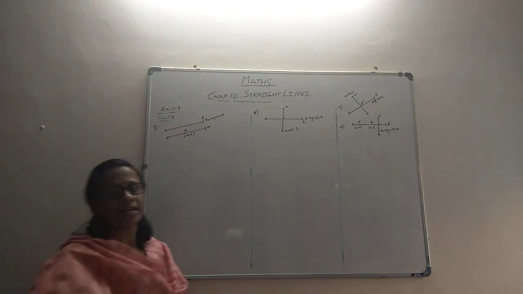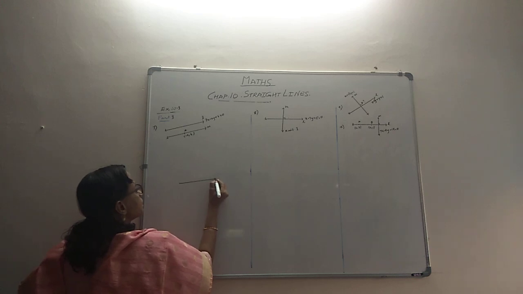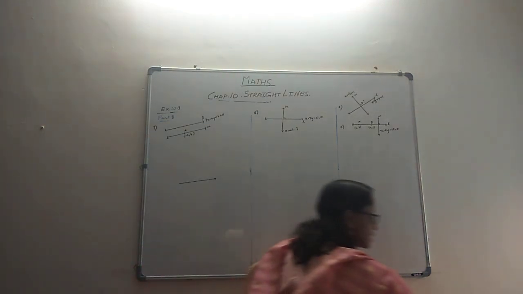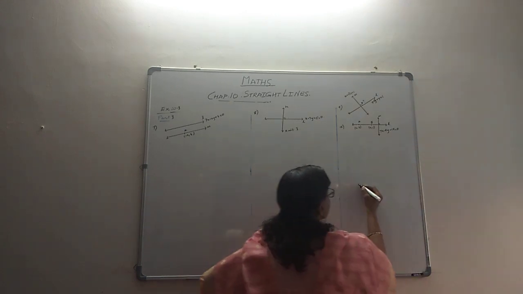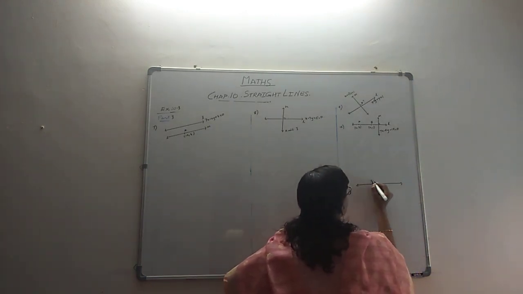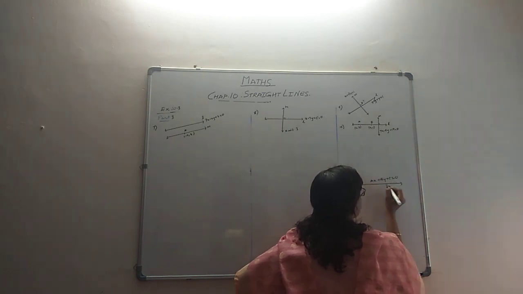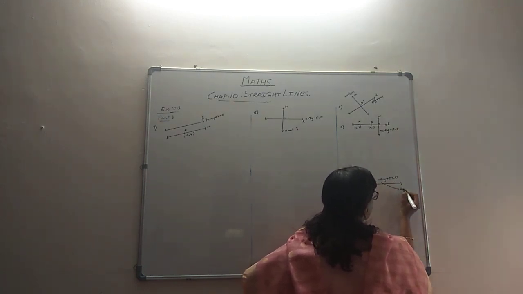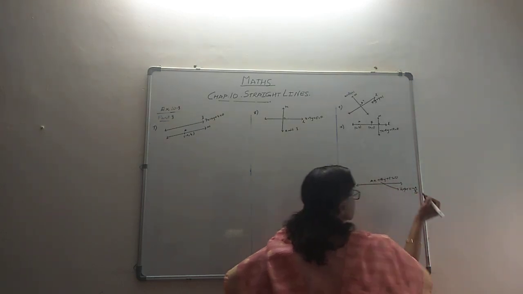Now before we start anything, there are two things that we have to keep in mind. Suppose we are given a line, I think I'll write it there so that it stays in the board for some more time and we'll be able to keep on referring. Suppose we have a line of equation ax plus by plus c equal to 0. Directly we can find out its slope. The slope is minus a by b. Always keep this in mind.